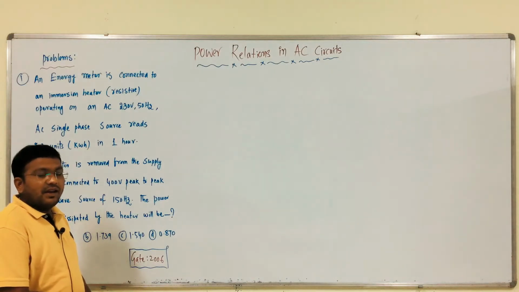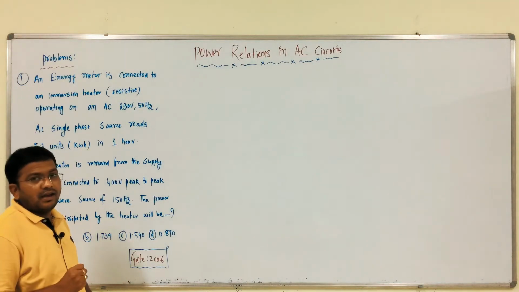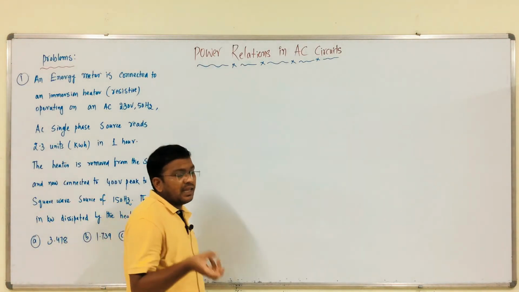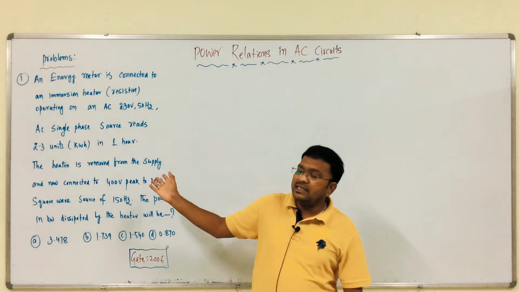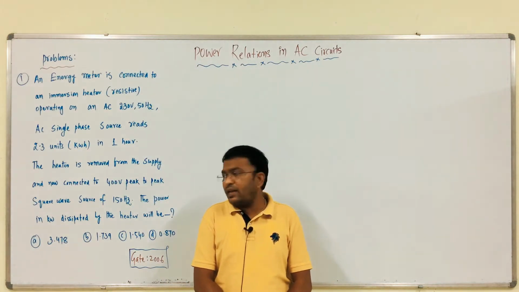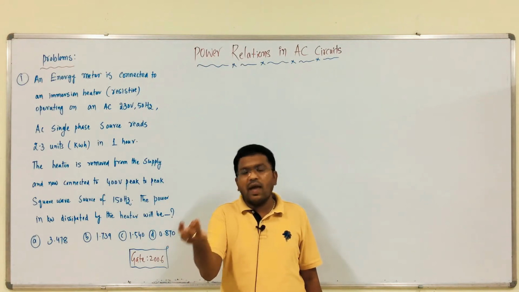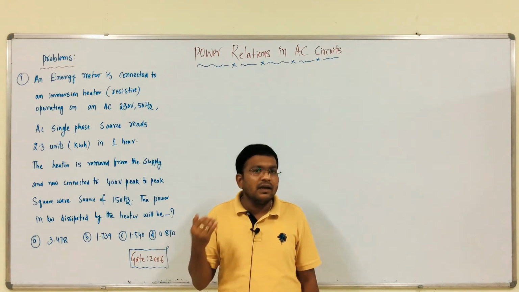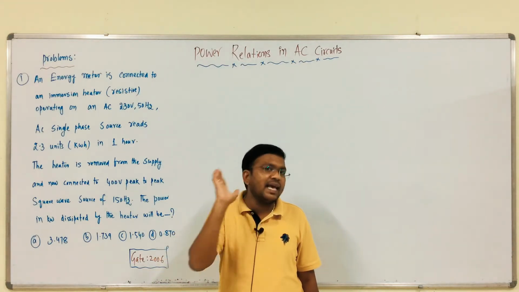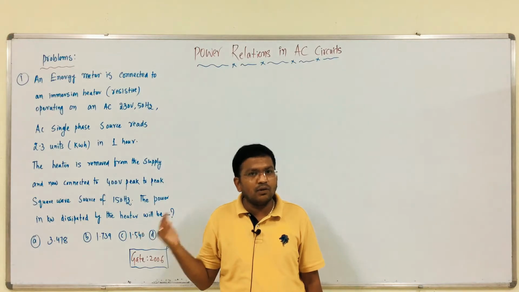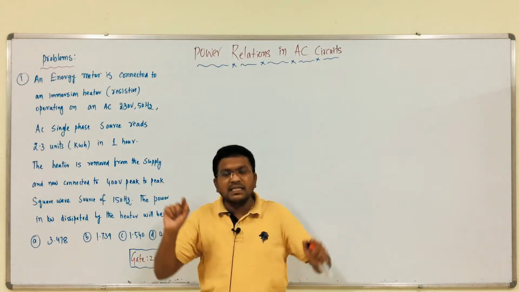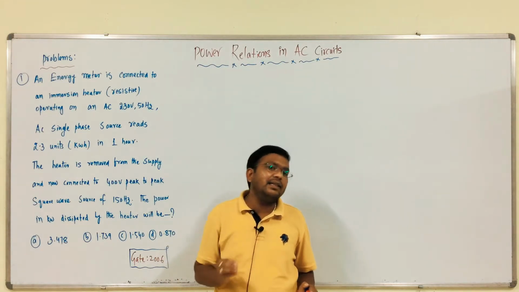Hello everyone. Next we have to discuss the problems based on power relations. If you know the concept of steady state analysis, then this concept of power relations is very easy. What is the basic scenario for power relations? We have active power, reactive power, apparent power, Vi cos phi, Vi sin phi, just Vi. If you know the value of the phase angle, that is it. We all know the values of active, reactive, apparent power. Whatever the circuit may be, you just have to calculate the phase angle, that is it.